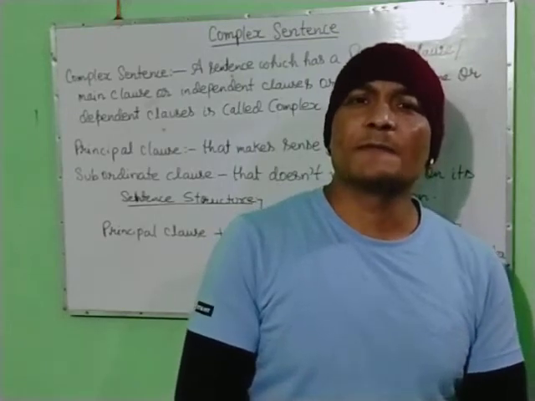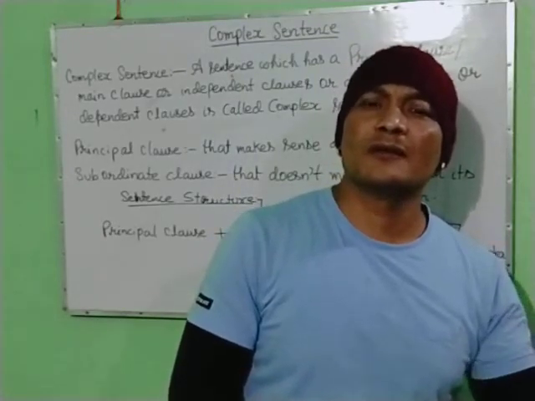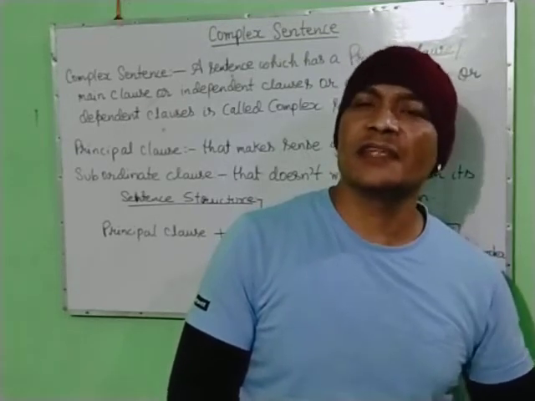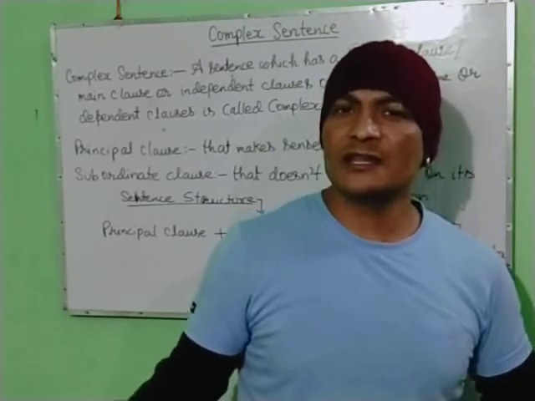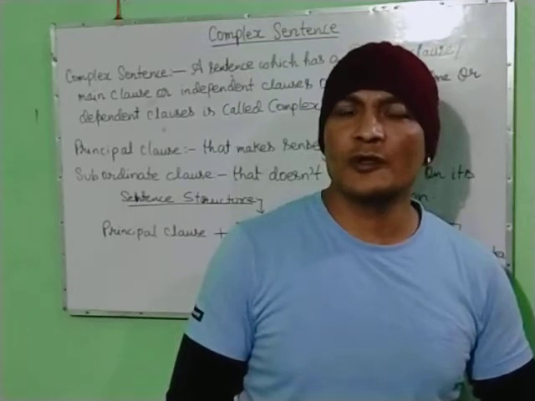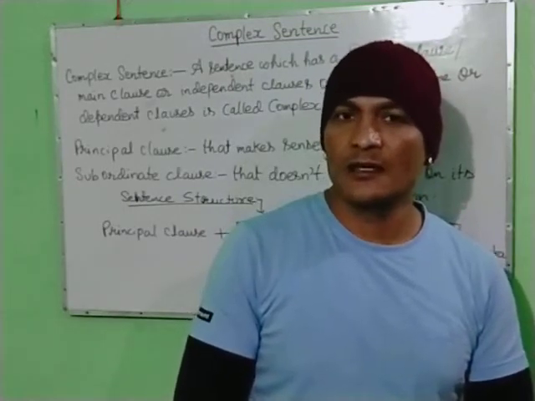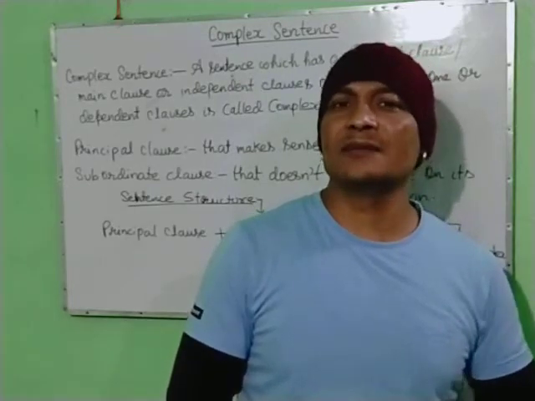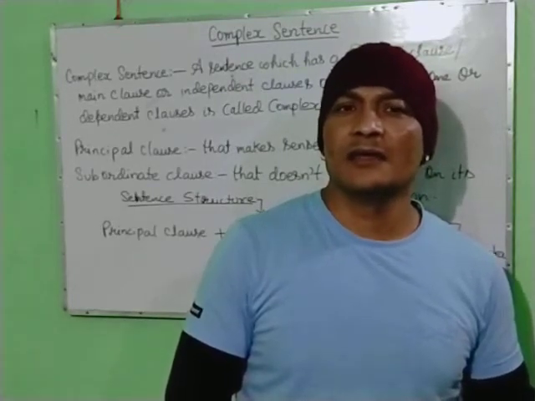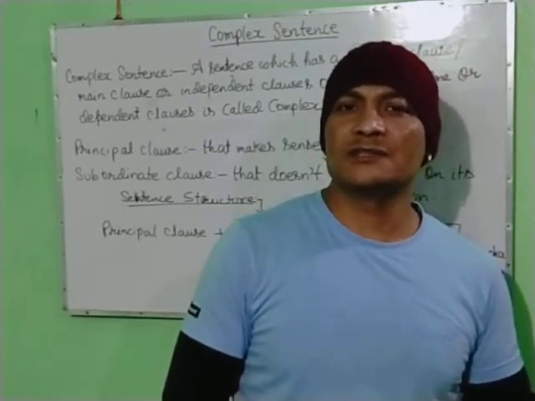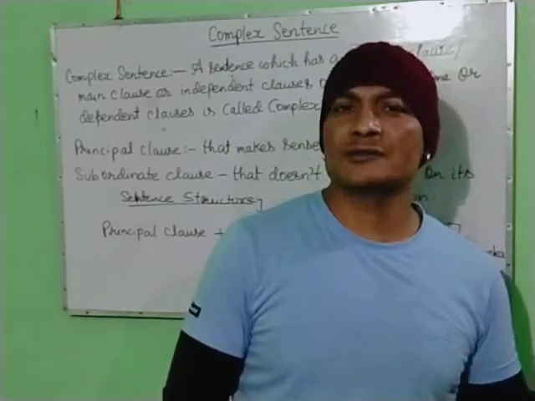So that's why it depends on the principal clause, or we can say the independent clause. तो इसीलिए subordinate clause को हम लोग dependent clause बोलते हैं. और इसके साथ dependent clause के साथ if connecting word, these two sentences, principal clause and